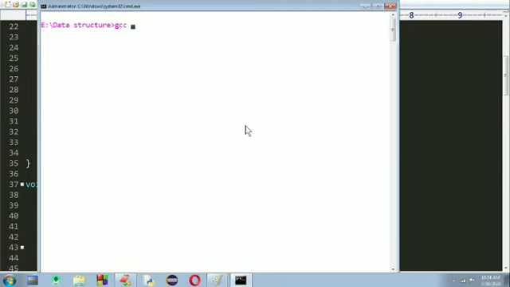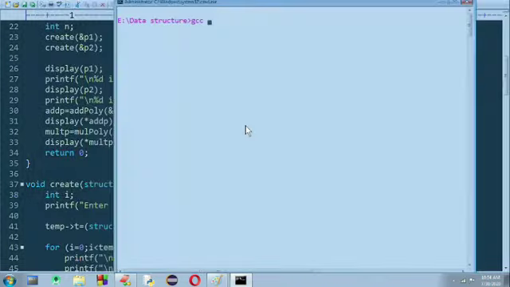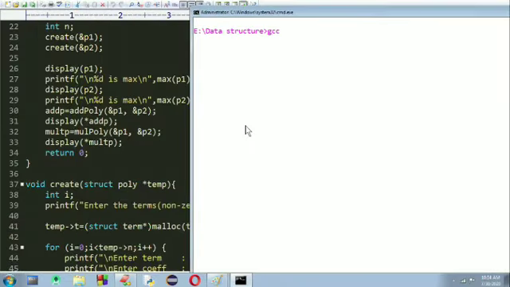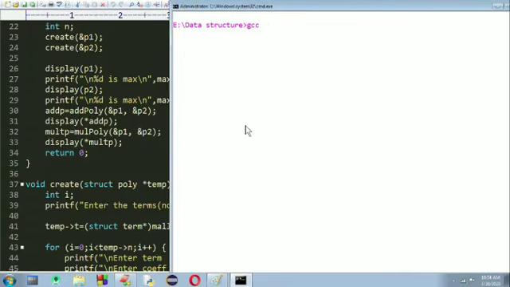I'm using the GNU compiler, so I'm using the command gcc, and the program name is multpoly.c -o multpoly. Suppose I'm giving it like this. It will successfully compile the program and execute it.